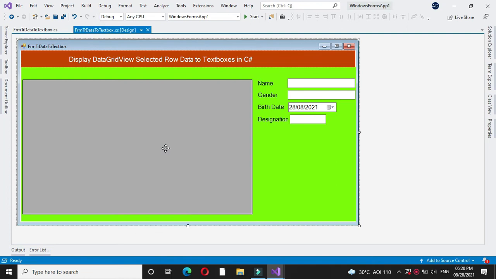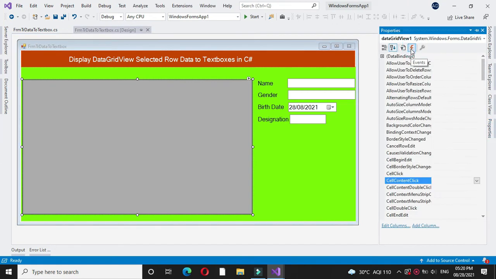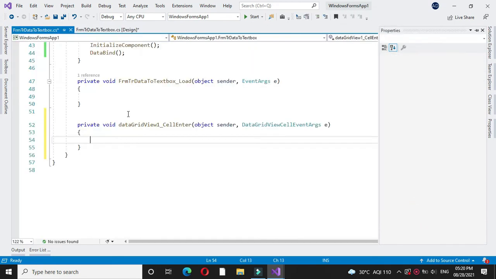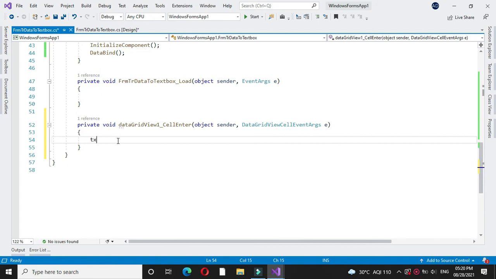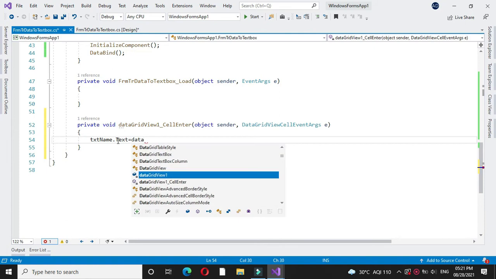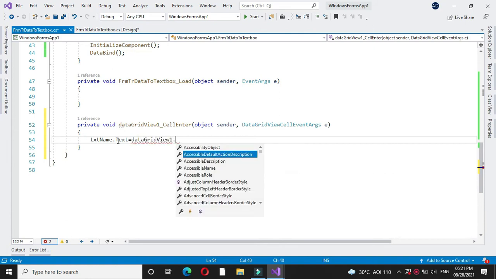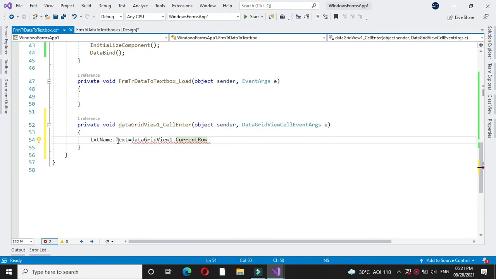Now to display the data from the data grid view, I will use cell enter event of the data grid view. So I will create event for cell enter and I will write code here. txtName.Text equal to dataGridView1.CurrentRow, that is the row which is selected, .Cells[0].Value.ToString().